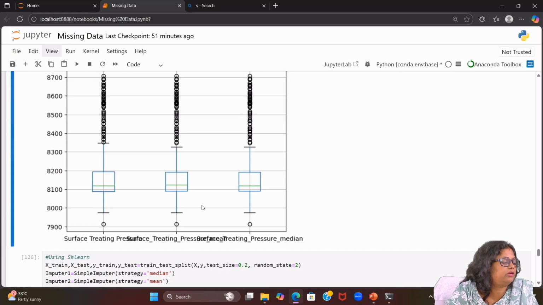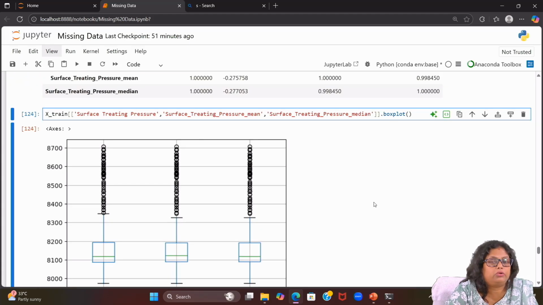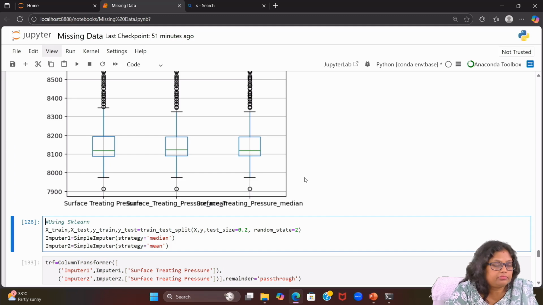Sometimes what happens is there is a new generation of outliers, which you can find out. So there may be some new generation; sometimes it happens, and it depends on your data. But it happens, and you need to check the box plot after that. Okay, so this is about our mean and median.